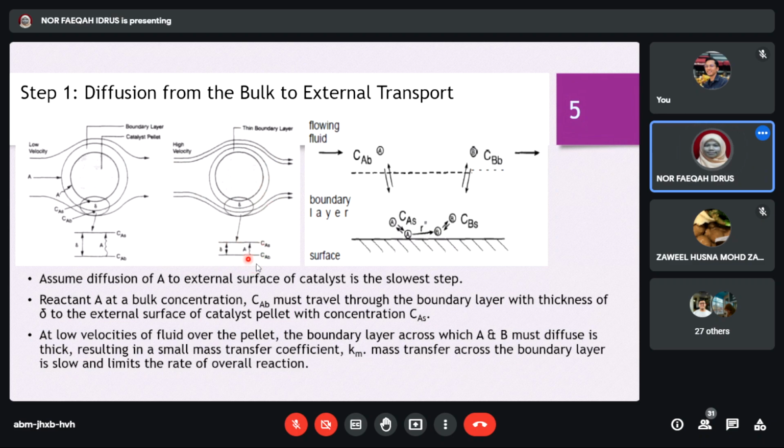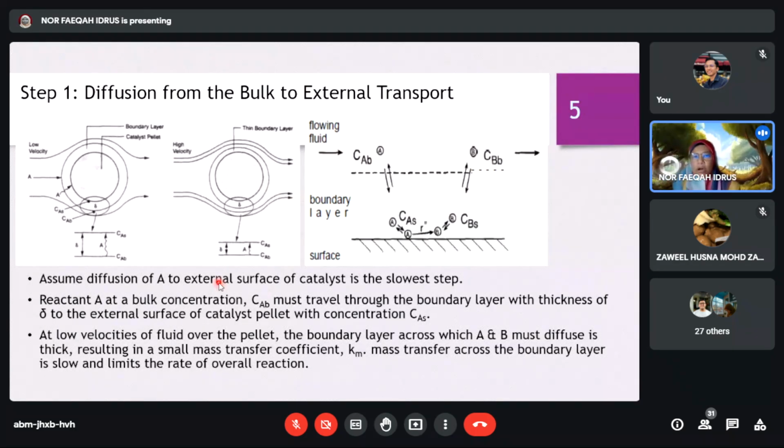This is because the mass transfer is faster than the reaction. So now bila mass transfer no longer limit the reaction, dia dah jadi rate of overall reaction is controlled or limited by the rate of reaction to produce the product. Itu adalah